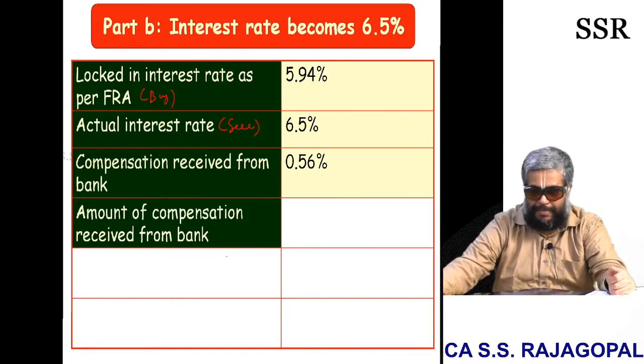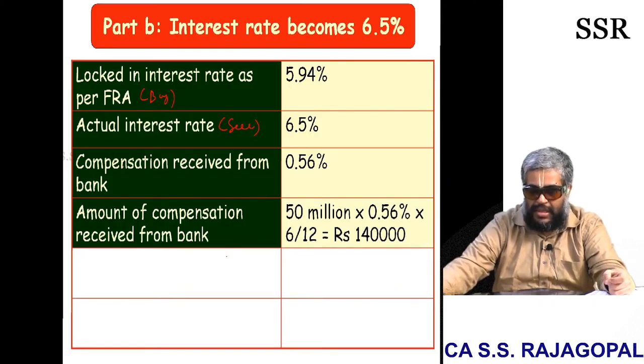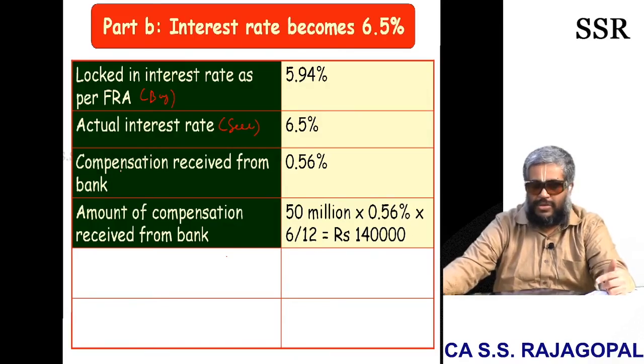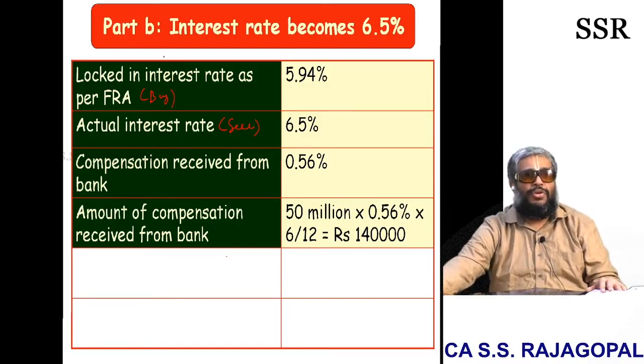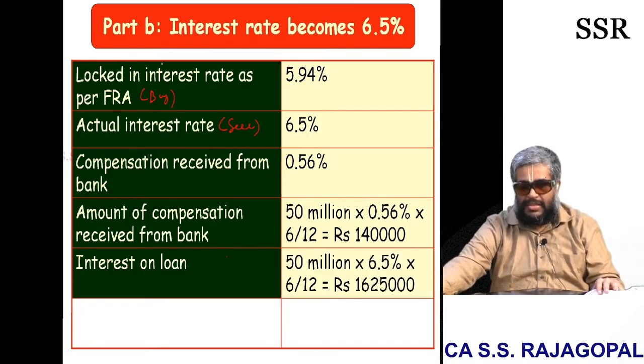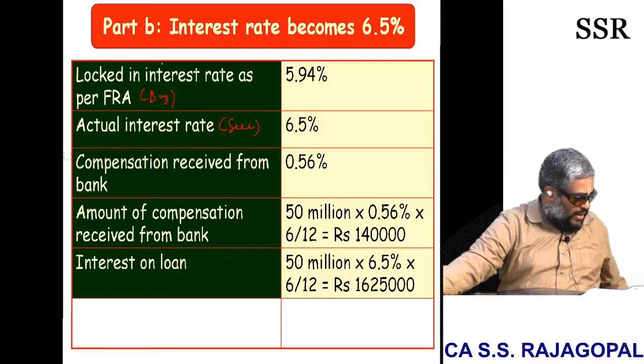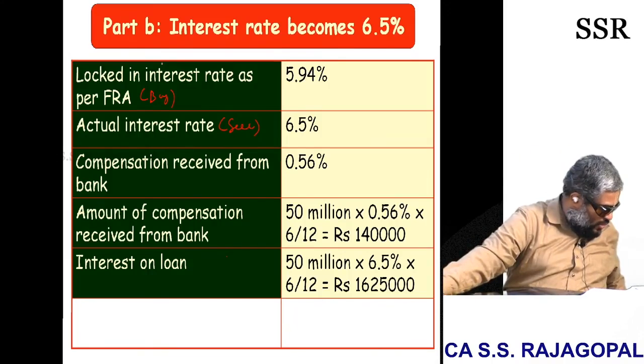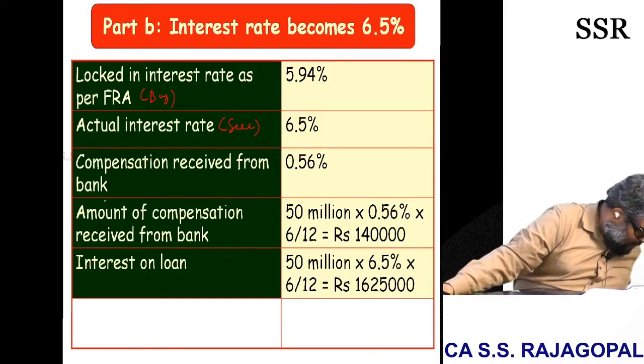Amount of compensation is 50 million into 0.56% into 6 by 12, which is 1,40,000. Interest on loan: 50 million into 6.5% into 6 by 12 is equal to